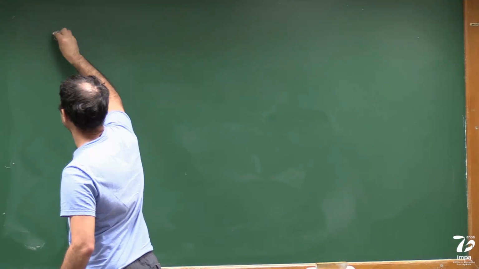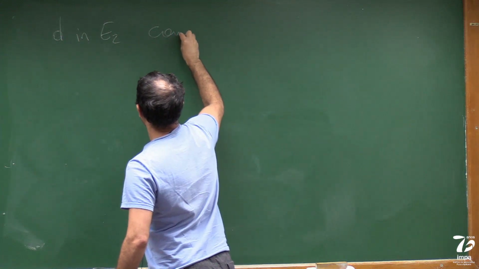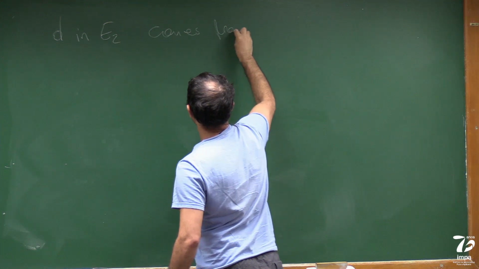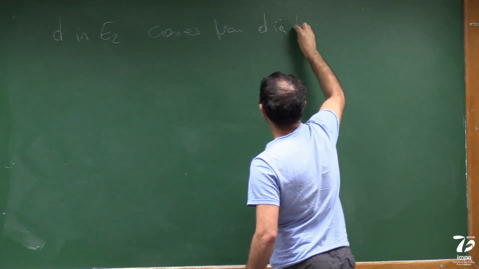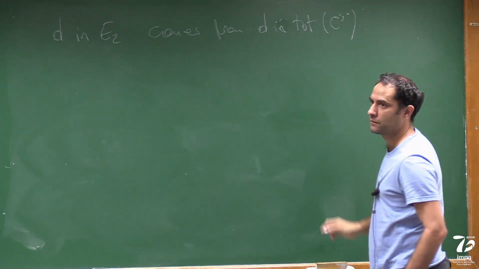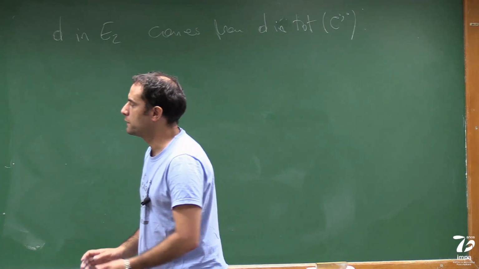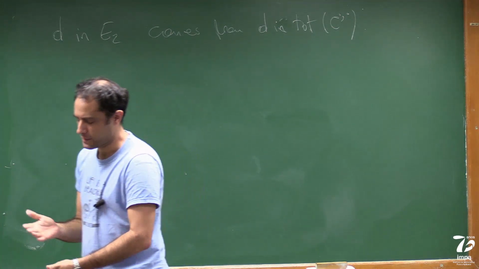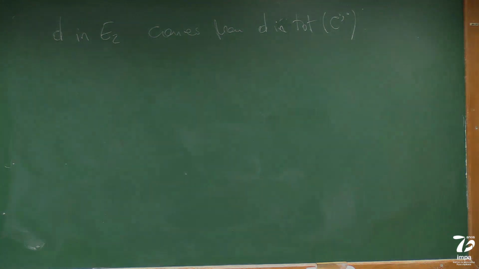So the differential D in E2 comes from the differential in the total complex, and I'll do this next time. I'll write it next time. Okay, so at least